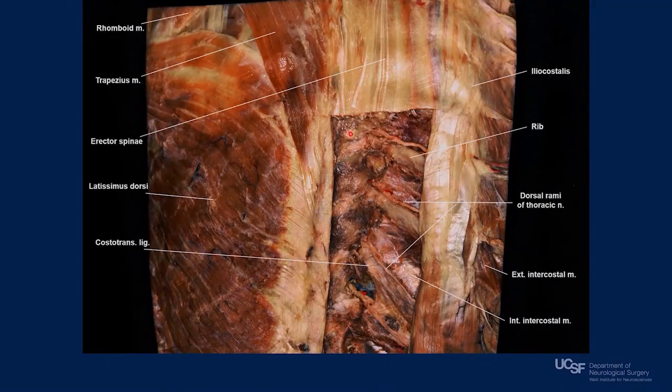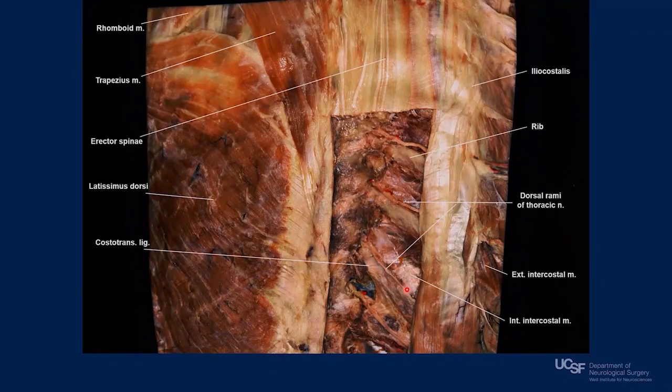After removing the superficial muscles, we can expose the lamina, visualize as well the transverse process and its articulation with the body of the rib, the dorsal rami running over the superior edge of the rib, and in between these ribs we can